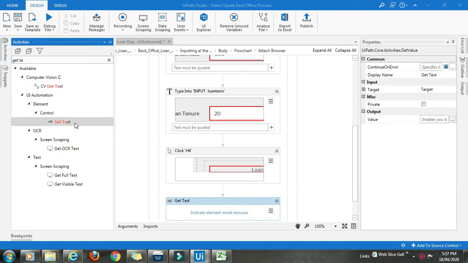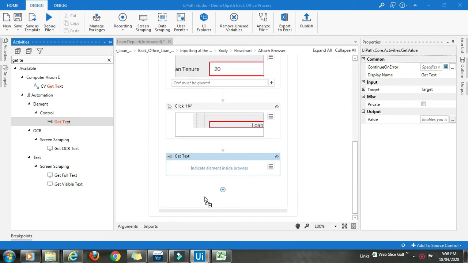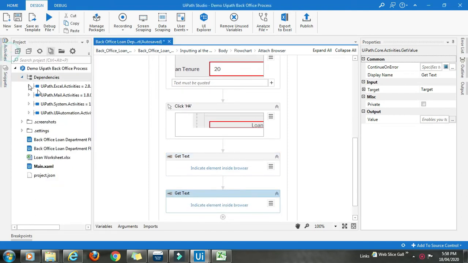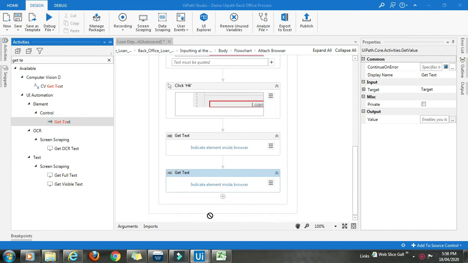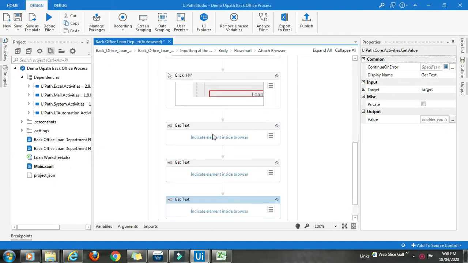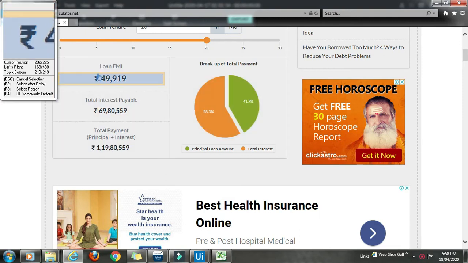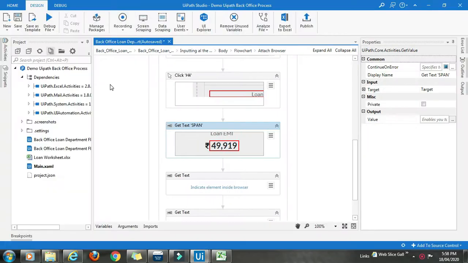Again, I'll pull this activity 3 times and indicate the element which needs to be extracted.